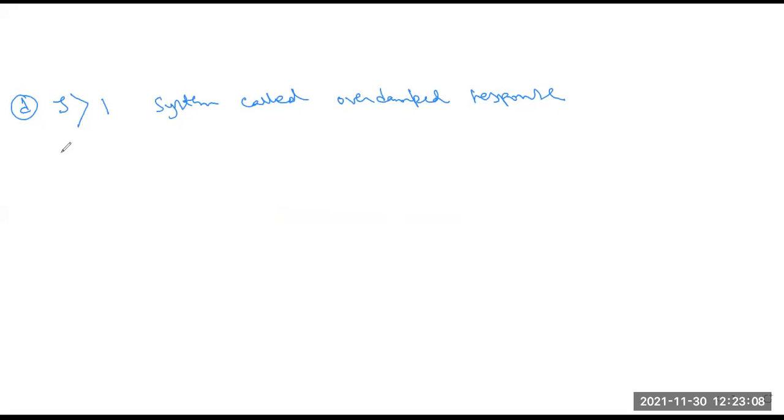So the equation is coming. We know that C(s) equals R(s) times omega n square